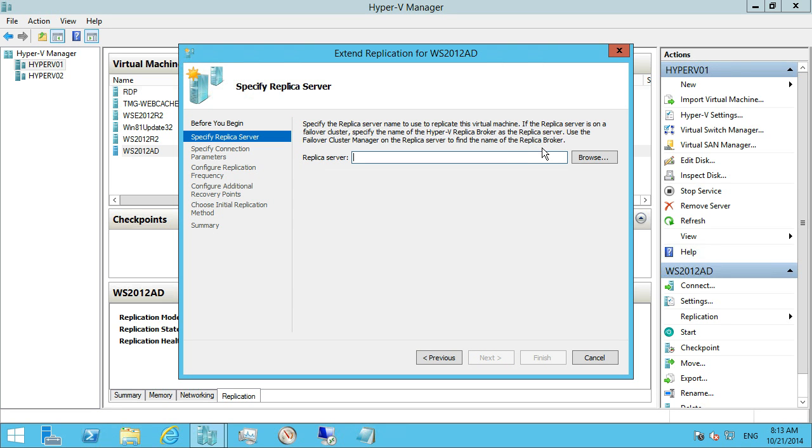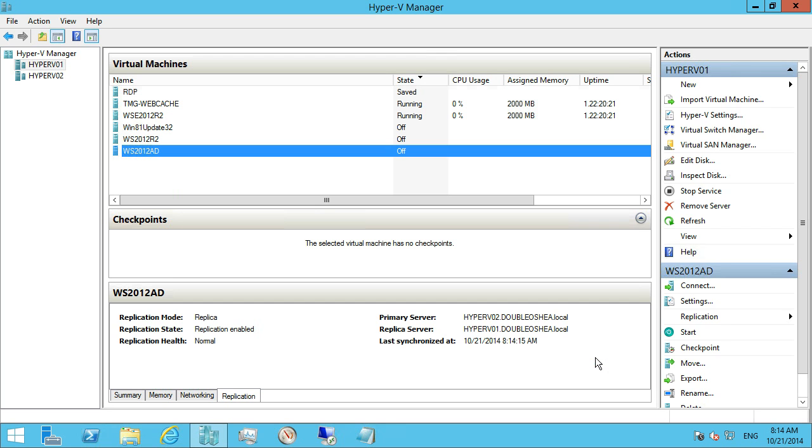Because I don't have the third replica server running, we can't do that step here, but you can see that the steps that are listed here are pretty much following the same process. So everything that we saw to go from server 1 to server 2, effectively we're choosing the same options to go from server 2 to server 3, except we don't get the granularity in terms of time. We can't really shrink it down to that 30-second delta that we've currently got set. So that's just a very, very quick look at